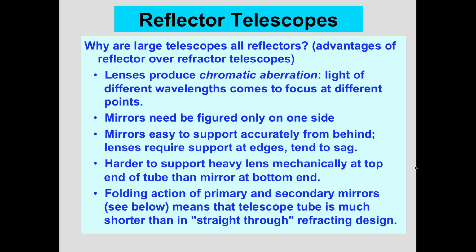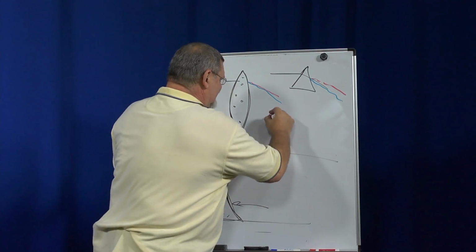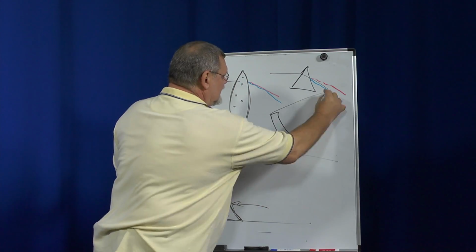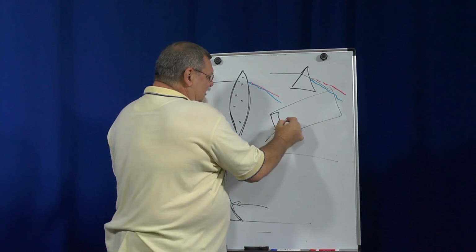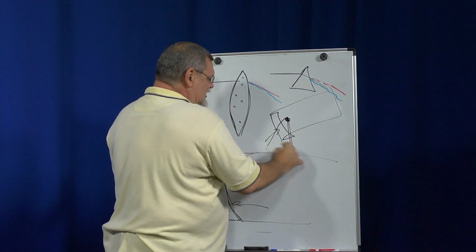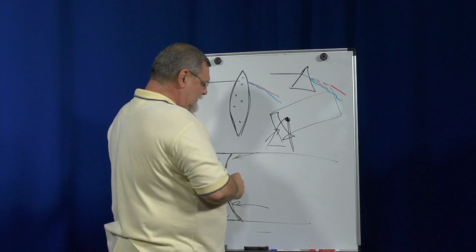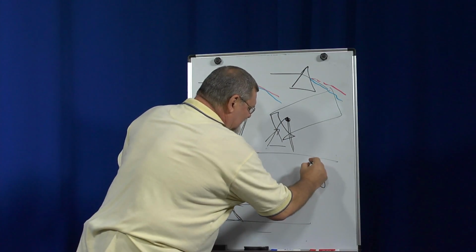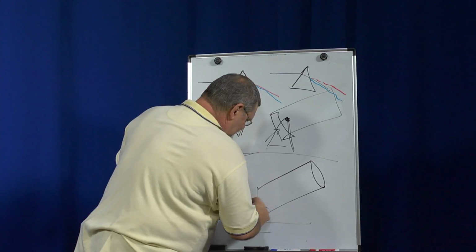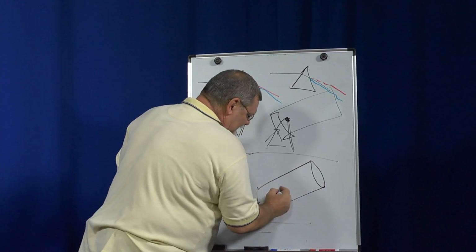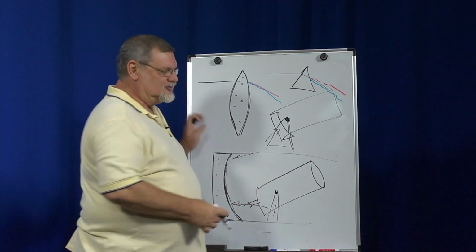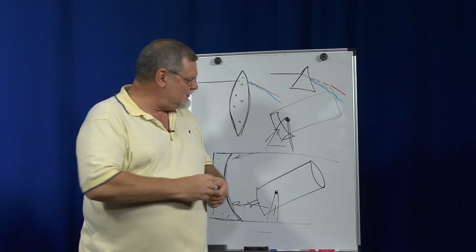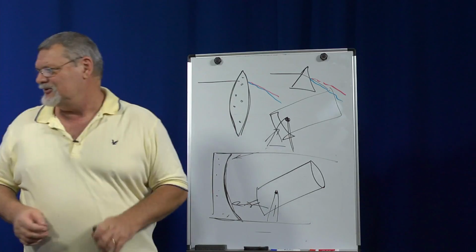If I'm building a telescope, you saw the construction of it. When I build this and I aim this telescope at the sky, here's all the weight down here. If the weight is down here, I have a support structure here. It's a lot easier to support that. With a refractor, here's the big lens, and I'm trying to support all of the weight that's up here down here. And so this thing would tend to move. It's harder to support the weight, and the bigger that becomes, the more difficult that becomes.